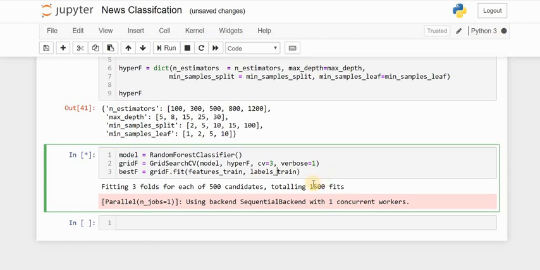So now it is saying that total 1500 fits. So the total number of models that we are building is 1500. Out of this 1500, it will pick up the best performing model's hyperparameters. In this way, the hyperparameter tuning for each and every algorithm will work. It depends upon how many parameters you want to hypertune or just fine tune.